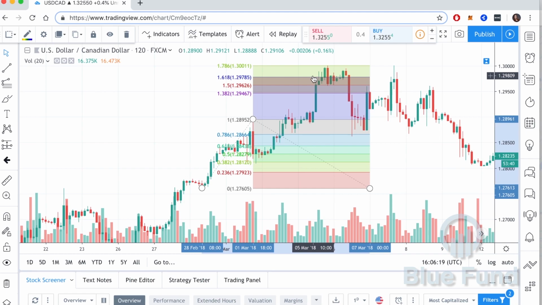So you see that these levels do have a tendency to actually be correct, and as I've told you before, if a lot of people are using the same levels, obviously they're going to work, because that's the Thomas theorem. If you define situations as real, they are real in their consequences. Again, you have to combine this with support and resistance mostly, and especially also volume indicators. You can see, for example, here,